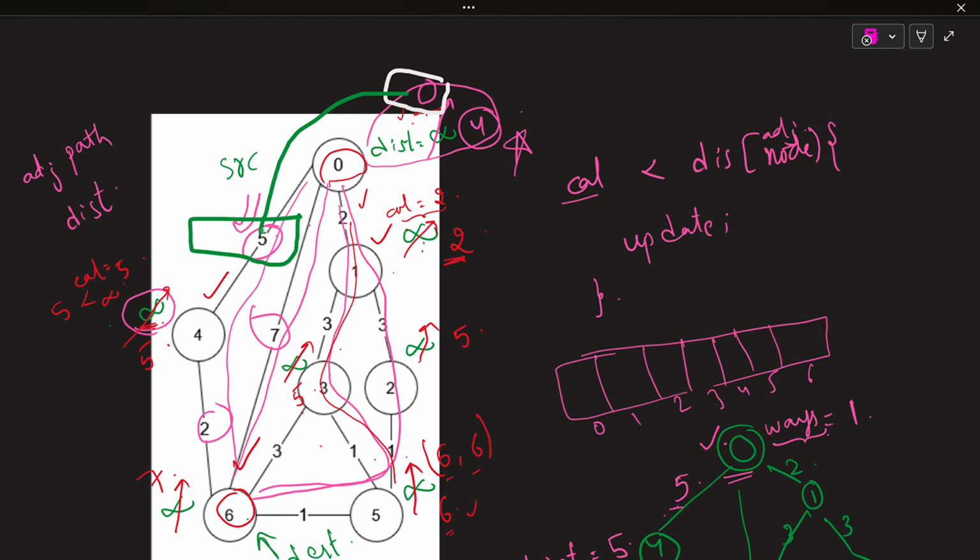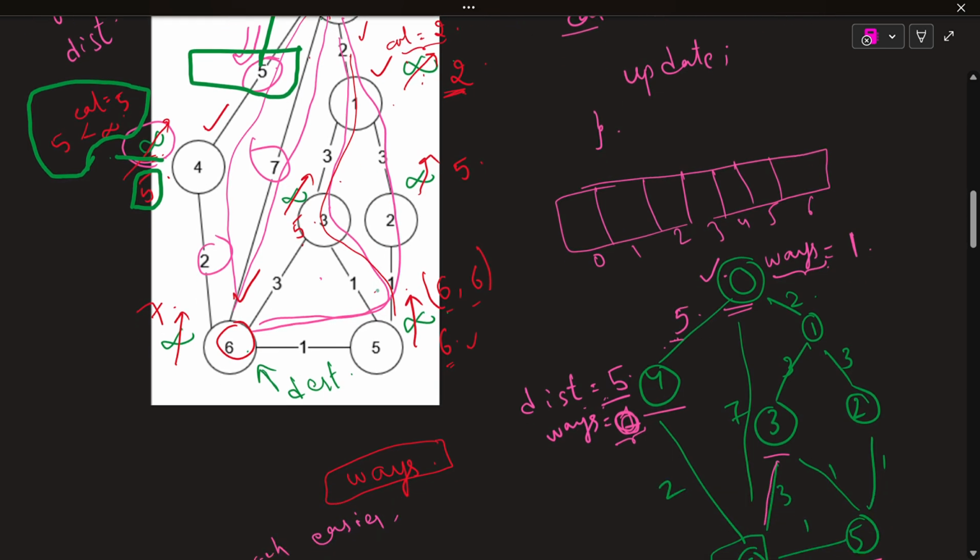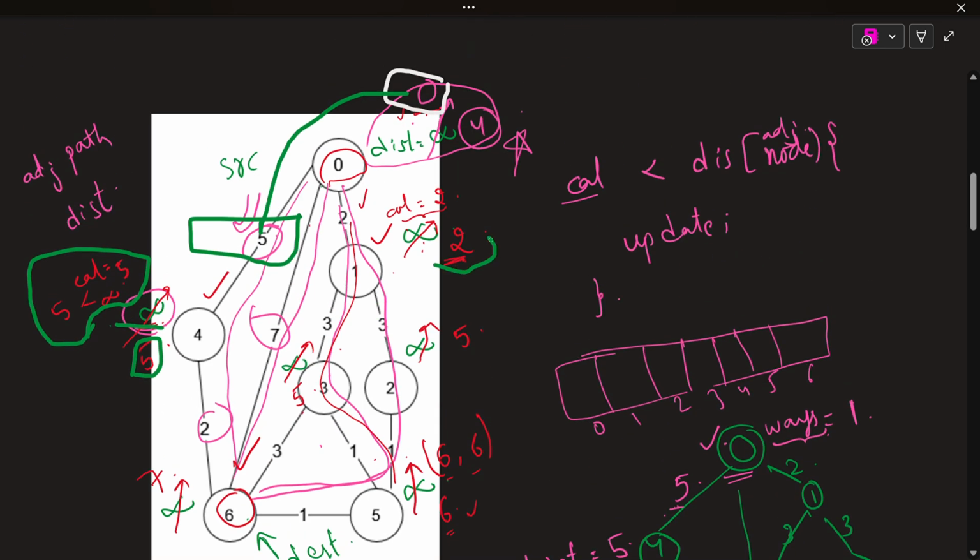By calculating these two values, if the calculated value is less, we keep it as the updated value. Initially we kept all the values as infinity and we go on updating the values for every adjacent node. After updating, we get 2, 5,